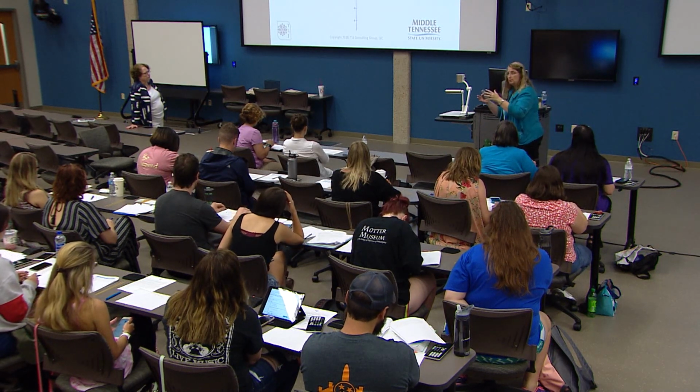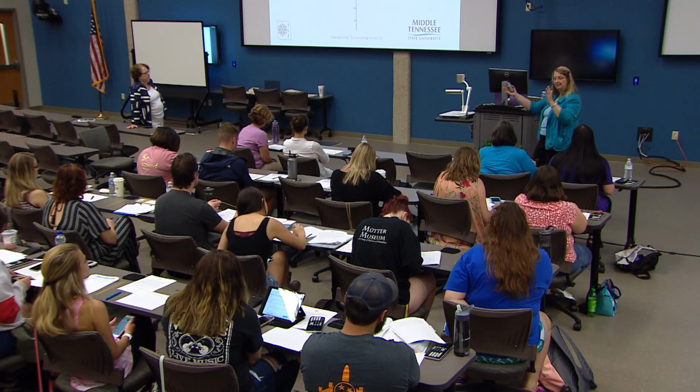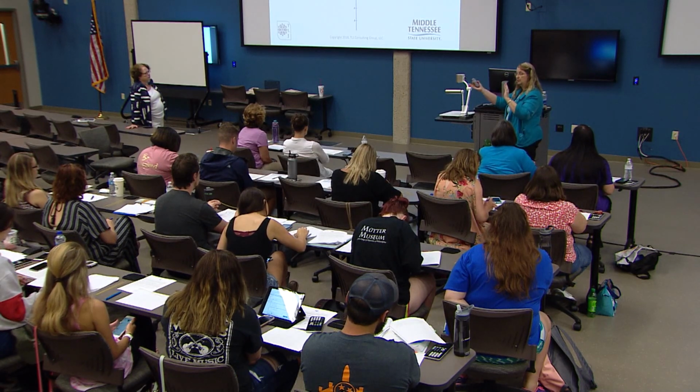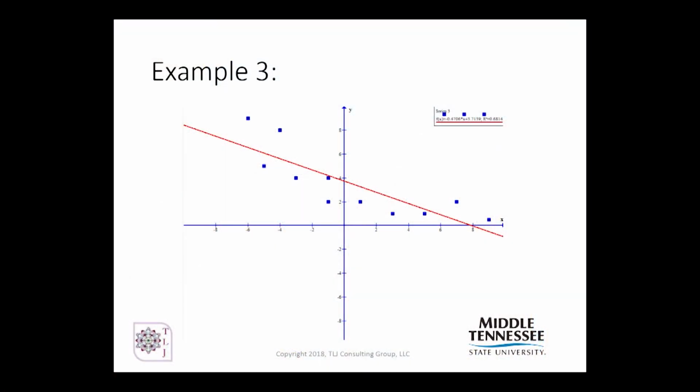Not trying to catch points and then not trying to even out, so they think there has to be the same number of points on each side because they think they can add those differences and they will just eliminate themselves. So that's one of the other misconceptions when you're dealing with scatter plots and lines of best fit.